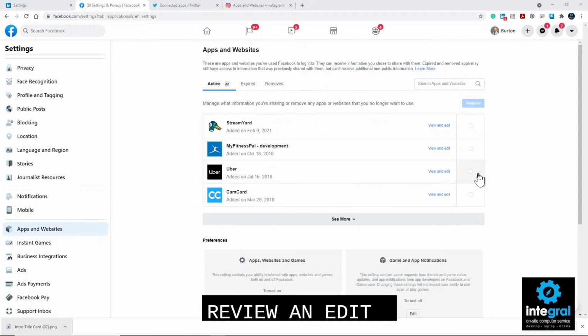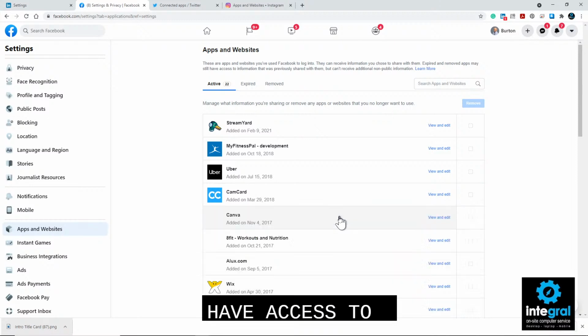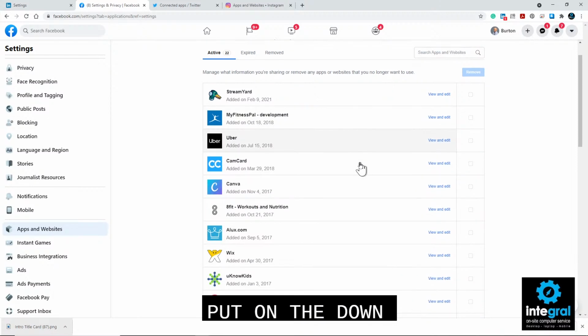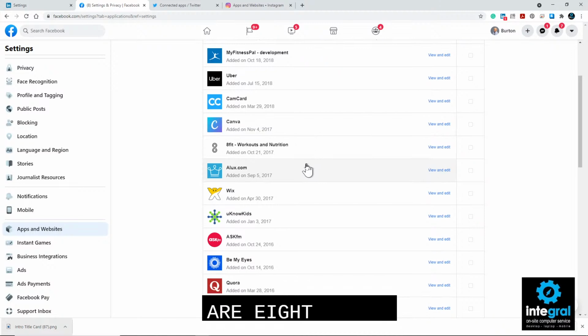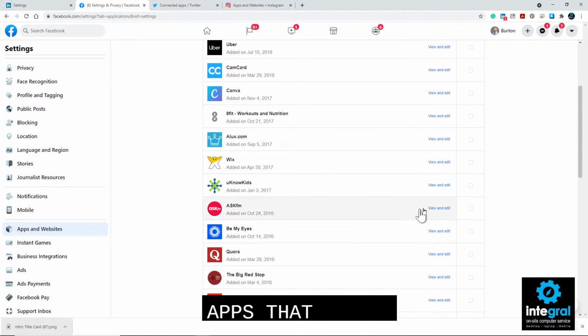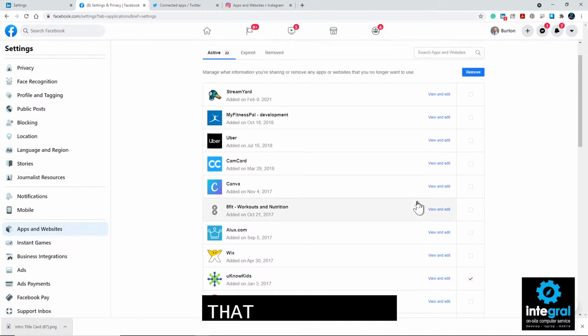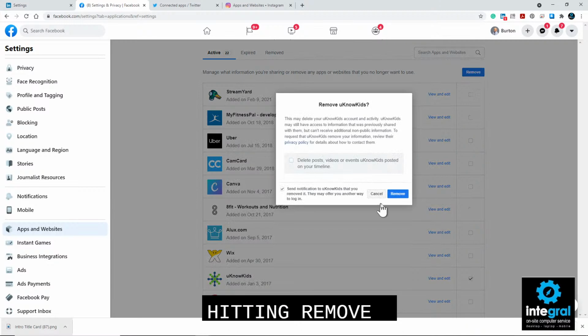edit and remove these by clicking the check mark and then clicking on remove to get those apps out of there, if I no longer want them to have access to Facebook. And if I click on the down arrow, as you can see, there are a ton of apps that we can get rid of, like Kids. If I want to get rid of that, it's just a simple matter of clicking the check mark next to Kids and hitting remove, and it will delete posts and videos that Kids did, and